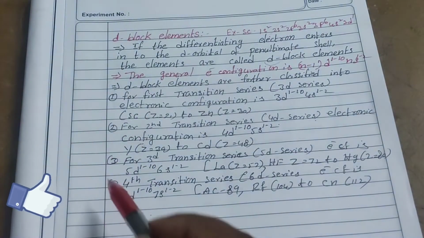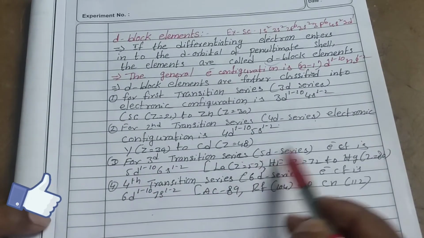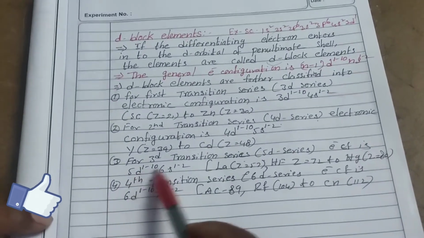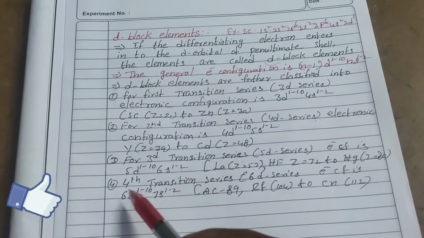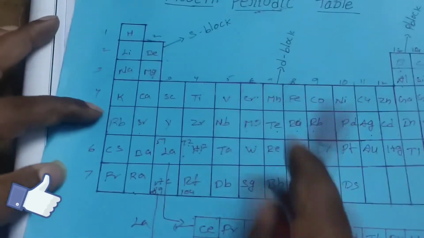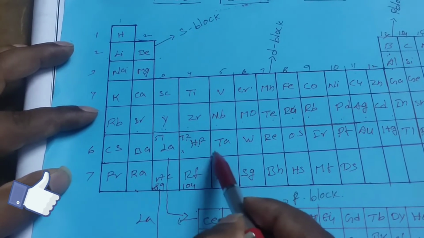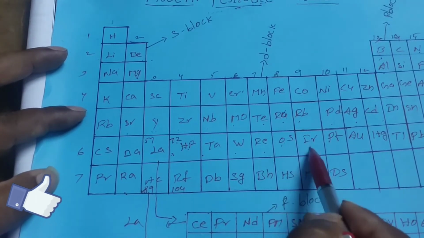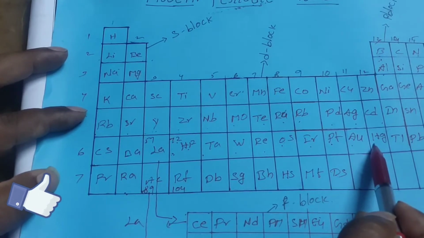And next one, the third transition series is called the 5d series, and the electronic configuration is 5d 1 to 10 and 6s 1 to 2. So the 5d series starts from lanthanum with atomic number 57, and after 72, that is hafnium, then tantalum, tungsten, rhenium, osmium and iridium, platinum, gold and mercury, whose atomic number is